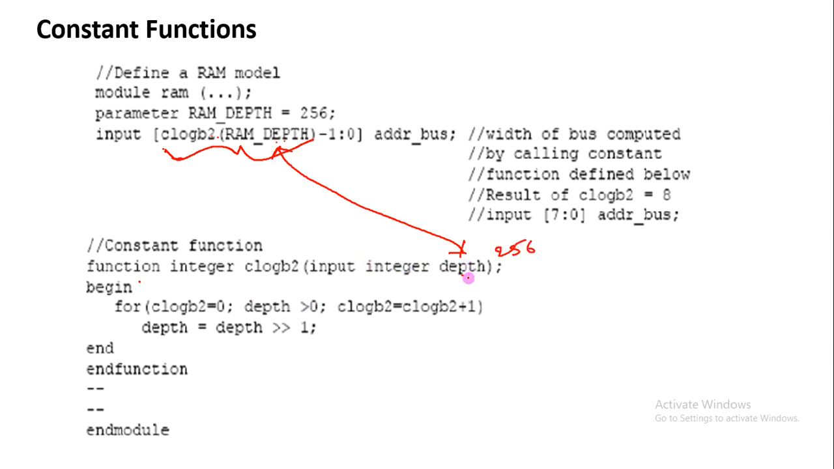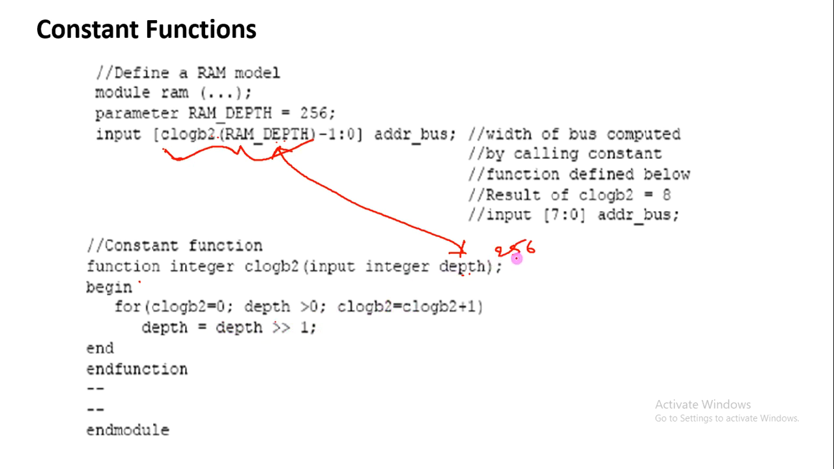That 256 will be assigned to depth, so that will come over here. 256 greater than 0, of course, yes. So this is an increment. Every for loop it gets incremented. Depth is equal to depth right shifted by 1. So here what is happening is,